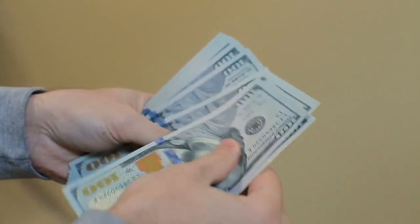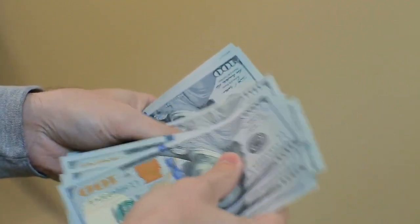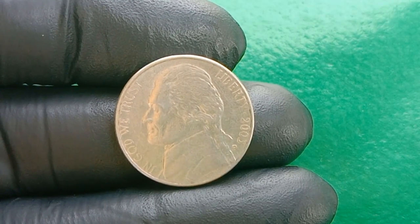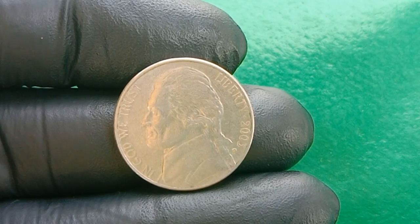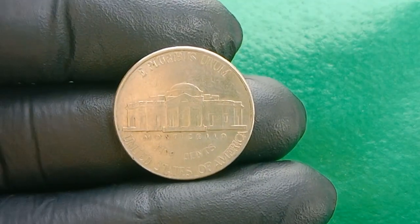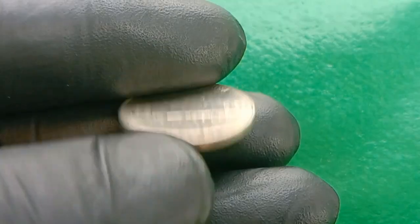Rare coins and astonishing discoveries come to life, turning pocket change into potential fortunes. If you've ever tossed aside a nickel thinking it's worth just 5 cents, today's deep dive might just change your entire outlook. Especially if you're holding on to one of the rarest and most mystifying coins ever struck in modern US history, the 2003 Jefferson 5-cent coin that has stunned collectors and historians alike by commanding a staggering value of